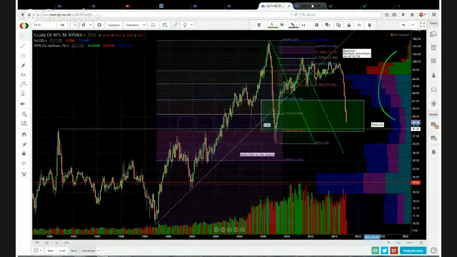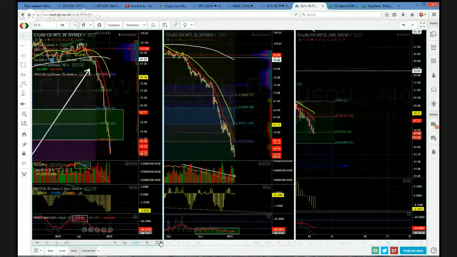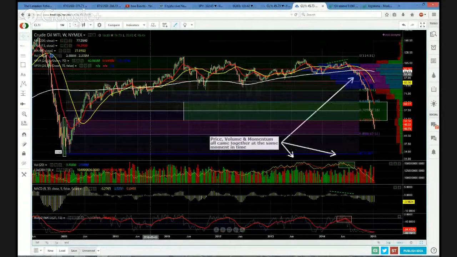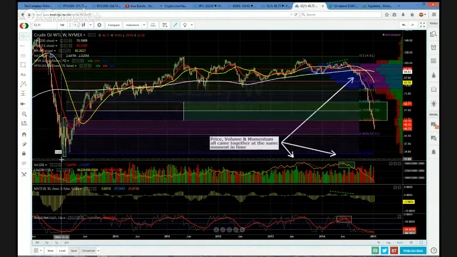When I look at the lower time frames, let's first take a look at the weeklies. We're coming up, like I said, against that institutional order block. There it is, right? That's off of the 2008 financial crisis lows. And this was QE. We don't have QE now. Market's not in a crisis at the moment. So you really have to wonder whether a lot of these institutions are really going to defend this area.